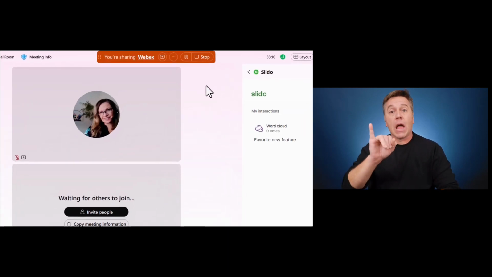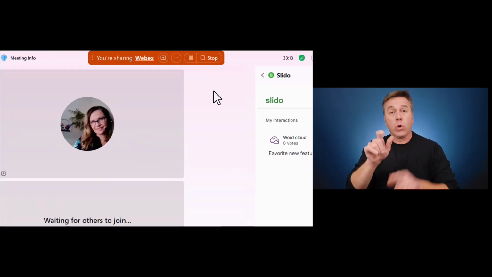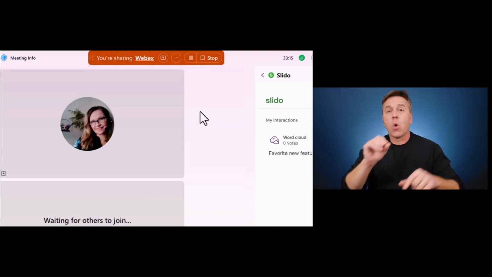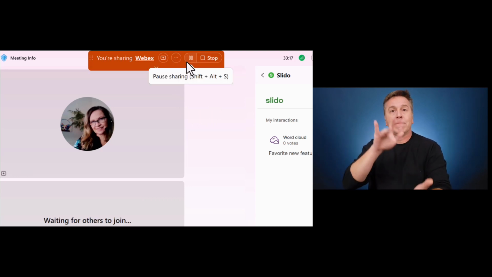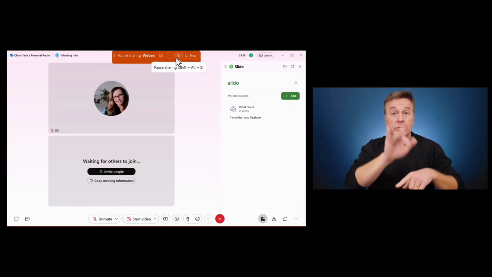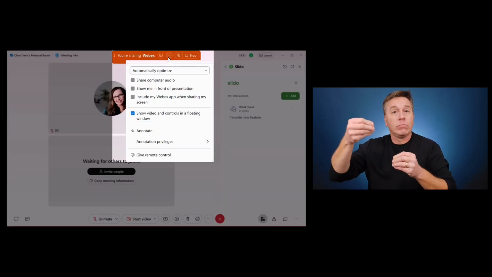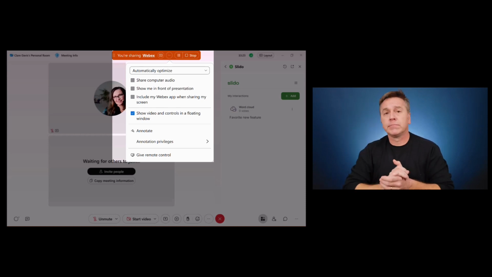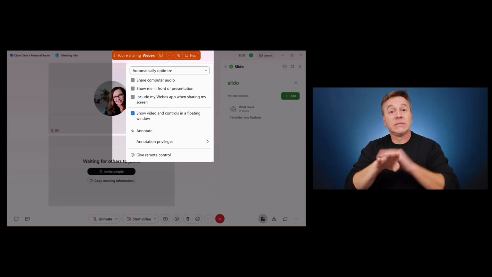Next, the floating icon tray. You can also see this when you're sharing your screen or an application. It's in the middle at the top and it's been simplified. Stop and pause sharing. And for more, click on More Sharing Options, where you will find quick access to share